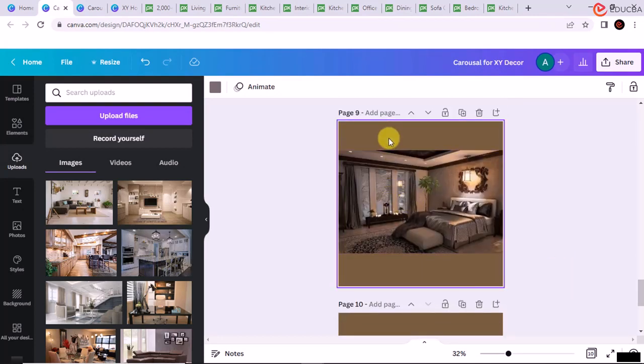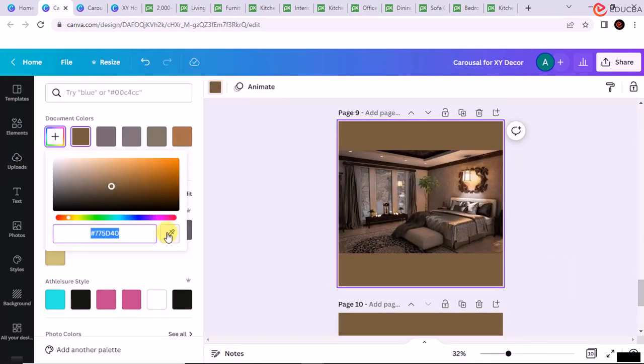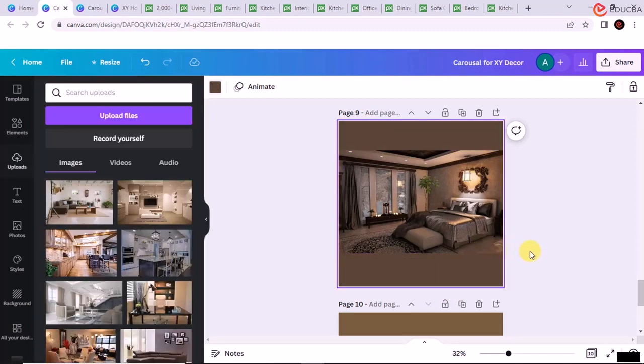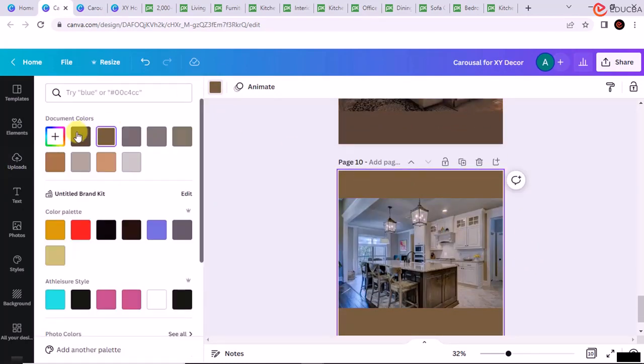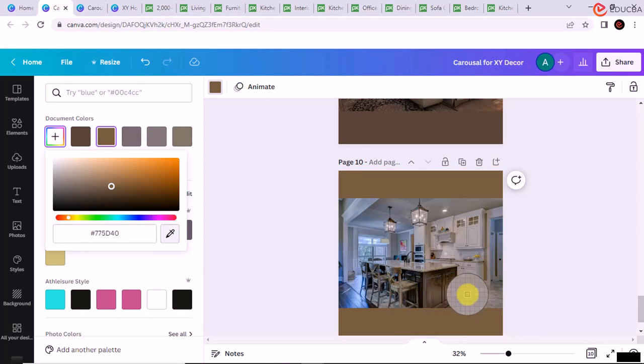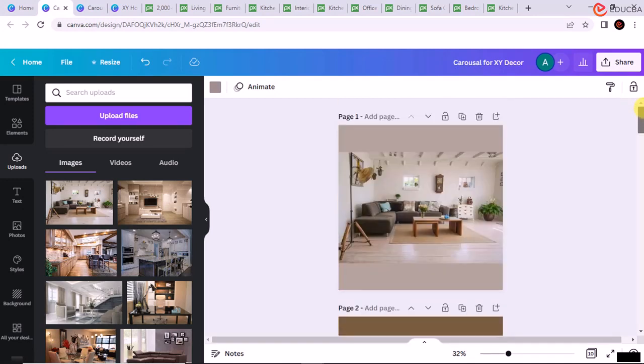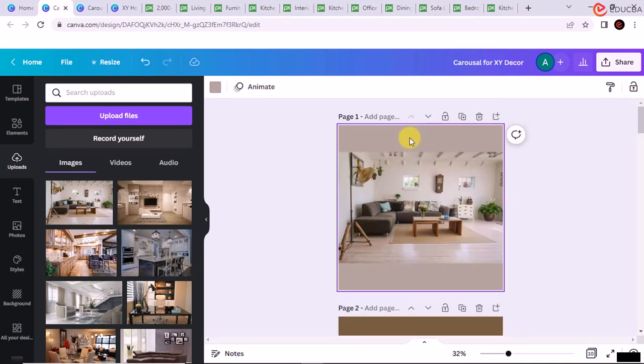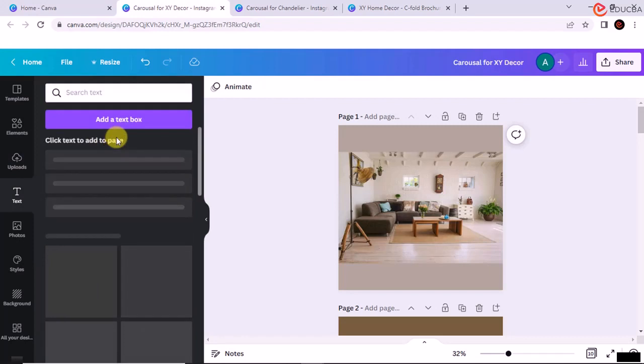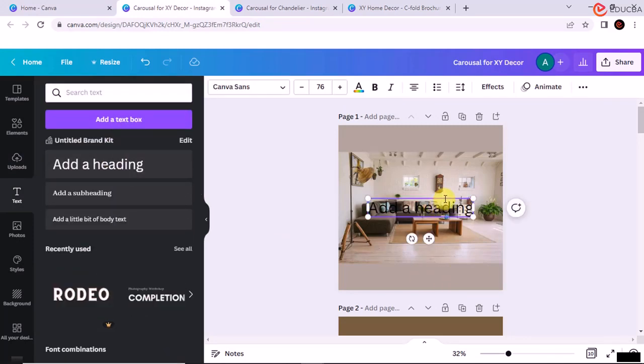Similarly, let's say here I'll pick up a color from this, and for the last page, this one. Okay, so now let's add some text here. I would place it below here, and I'll mention where this was created. So let us add some names here, say Court Street in